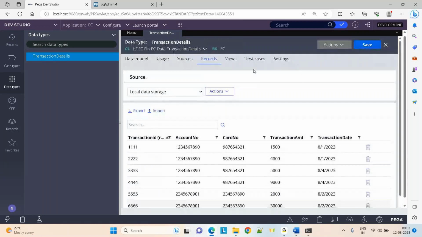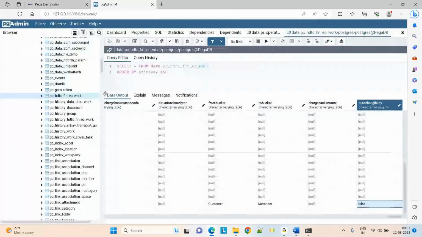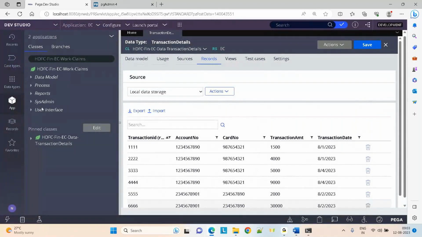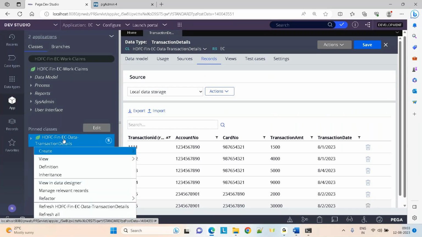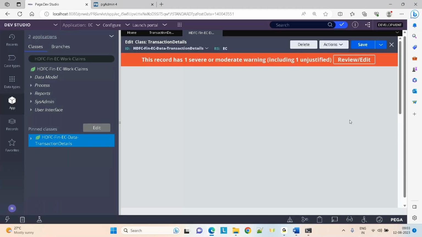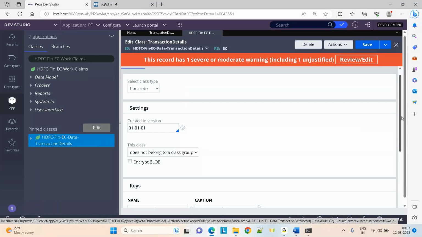Now, so all this is done. My table creation is done. I would like to see this table in the database. So I'll just go here. Before that, if you want to know the name of your table, always go to that class and say definition. In the class definition, you will see the table names, right? I have shown you in the previous classes. Same way here. If I want to know the name of my table, test connection,